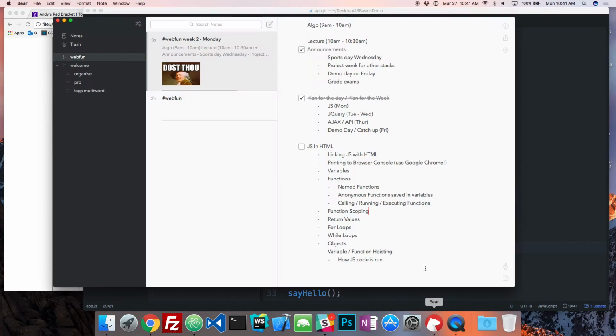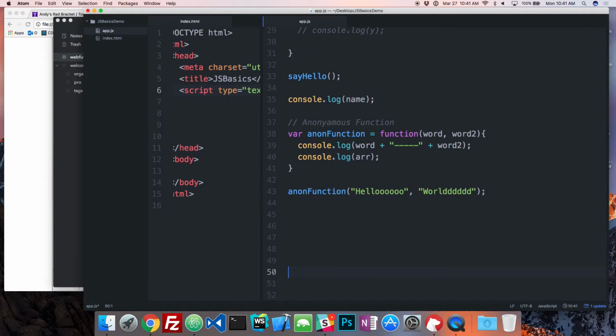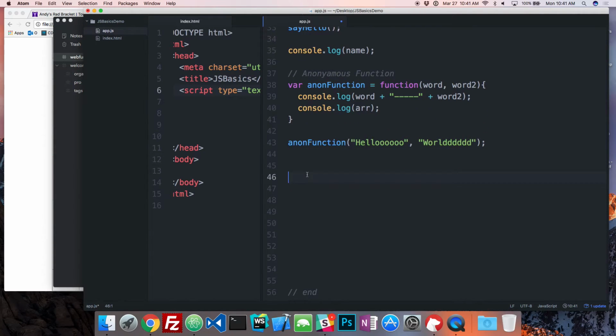All right, so next thing, return values. Okay, so return values, I'm going to use this example that I gave some of you guys, but the return value ends the function and it gives back whatever was returned to the function call. Okay, so I guess this is best illustrated with an example here. So I'm going to make a function called +1. It's taking in a number, right? And it's going to return the number plus one, right? So number +1.